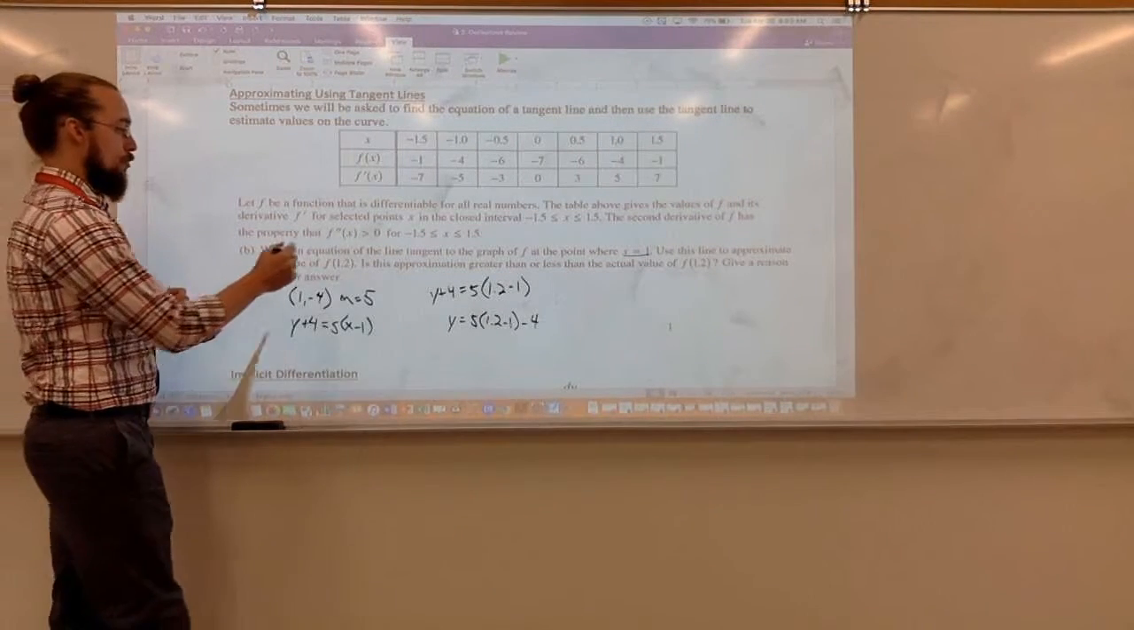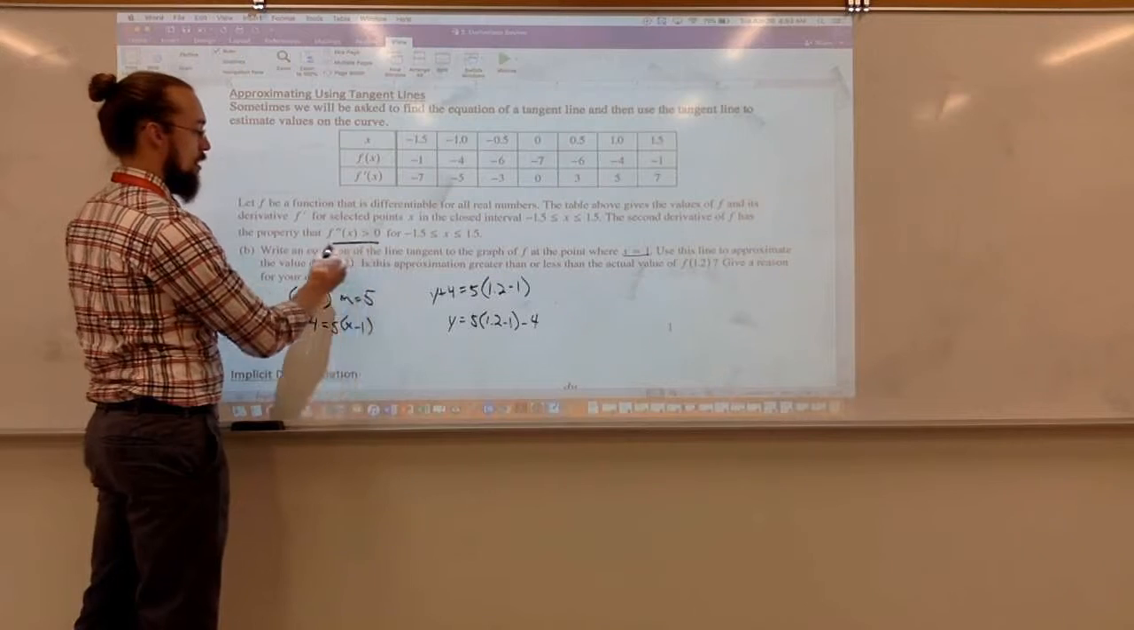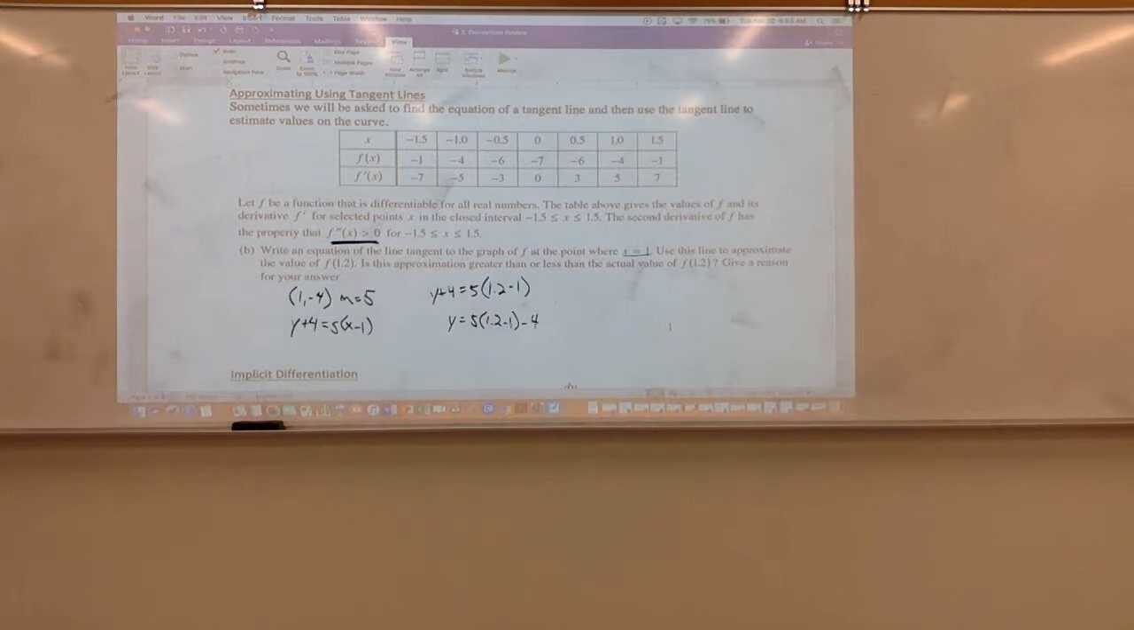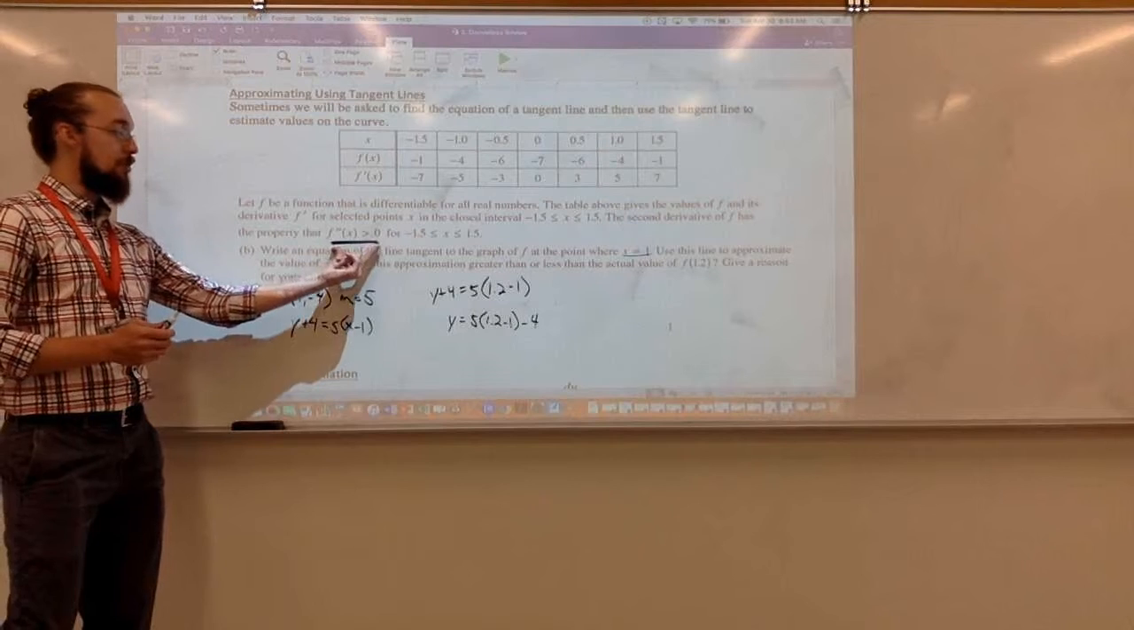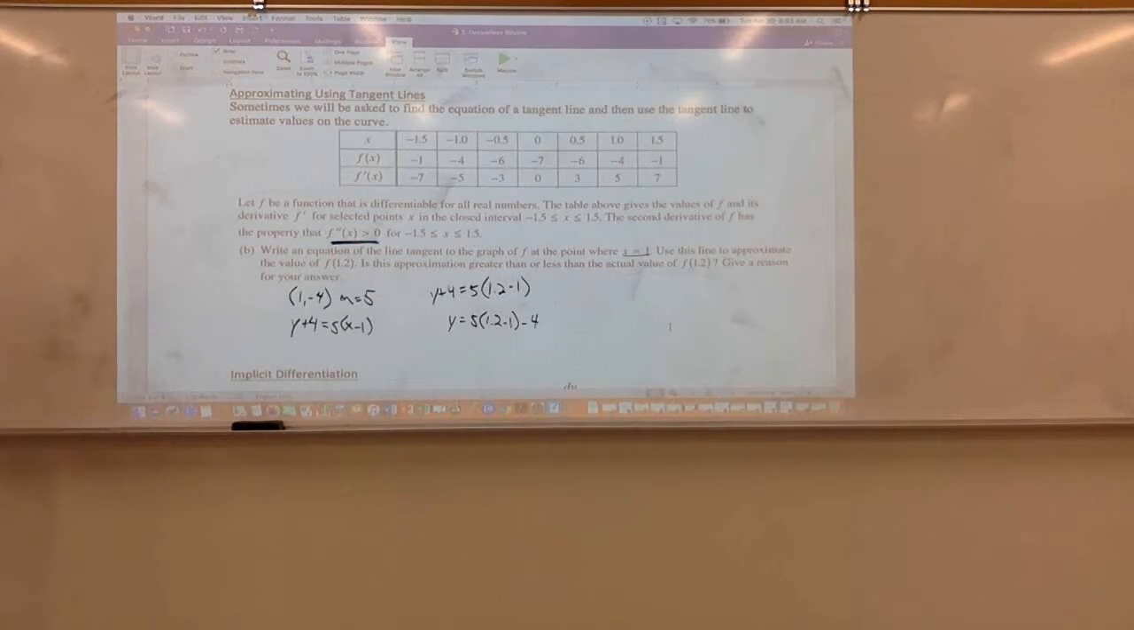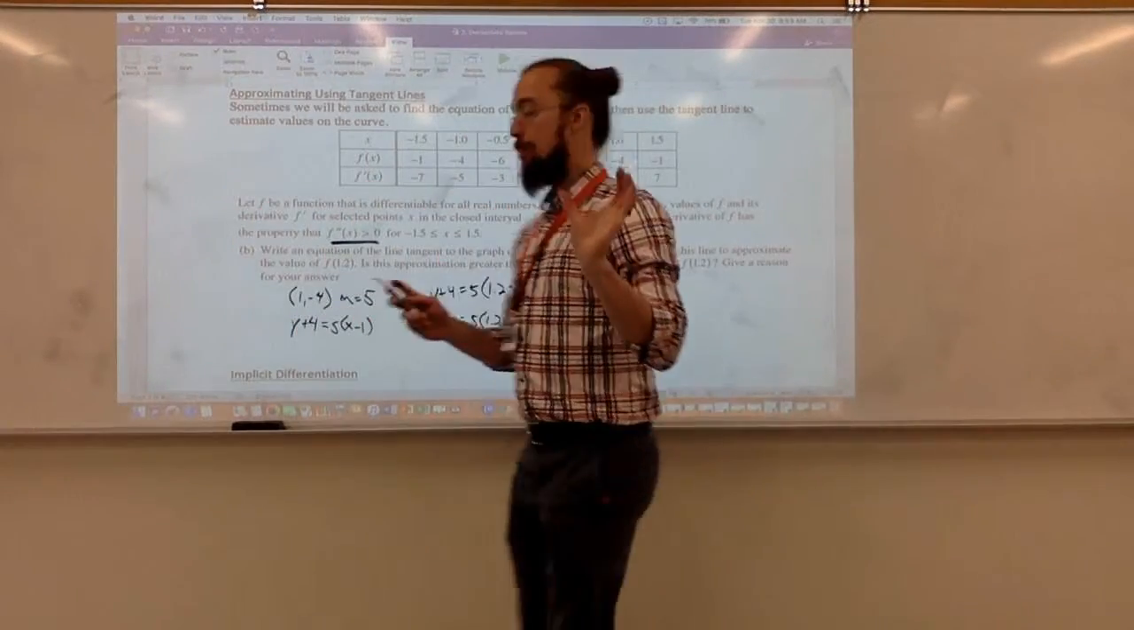To finish out this part, we need to look at another piece of information that we're given. What we're told is that the second derivative is always positive, which is part of what we'll do tomorrow. We can talk about applications. But what does that mean? Concave up. So if my function is concave up,